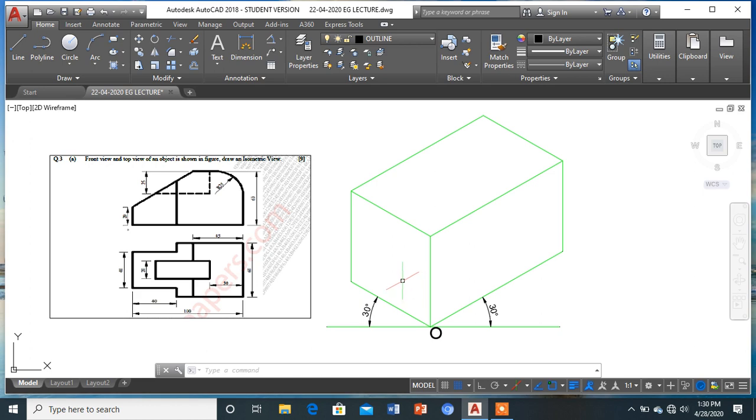This is Shivam Shukla and here I am to draw a problem on isometric view. It's a problem on curved surfaces. It's a university question, question number 3A, December 2019 CBCGS. The question statement goes: front view and top view of an object is shown in figure. Draw an isometric view. So friends, whenever we draw an isometric view, initially let us get the length, width and